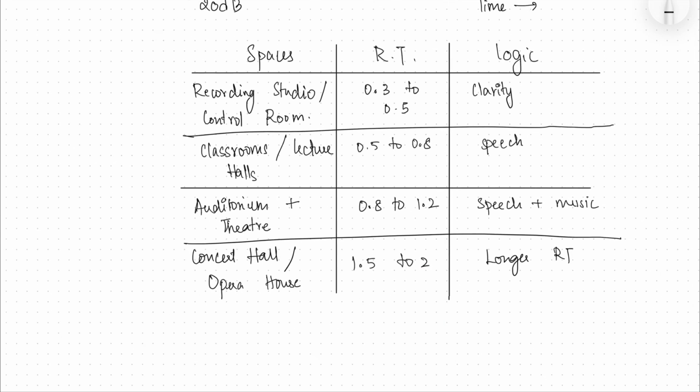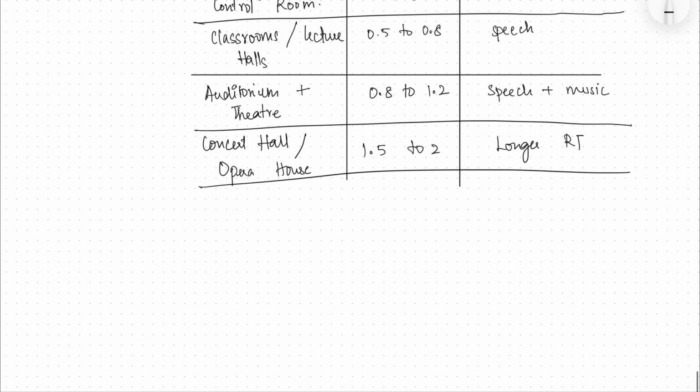Okay, so whenever more quiet space is required, you'll have 0.3 to 0.5. In classrooms, your speech needs to travel long distances, so you'll have 0.5 to 0.8. In auditorium theater, it's a mixture of both speech and music, so you'll have 0.5 to 1.2. Opera house and concert hall need a longer RT to create this reverberation effect, so you'll have 1.5 to 2. And lastly, let's also see offices or homes